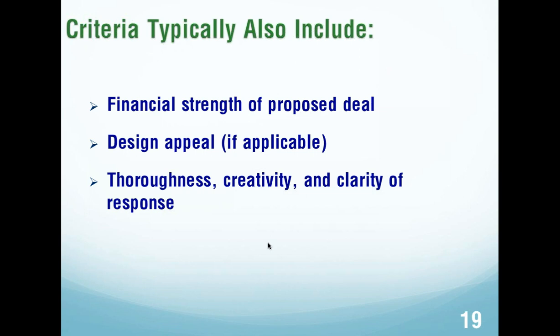So they did the 600-room hotel, and then 10, 15 years later, they were able to do a 1,000-room hotel. The market had matured enough, and they were a bigger deal by that time, so they could make the 1,000-room hotel work. And it was the same group that did the 600-room hotel, so they knew the community well at that point. So understand the financial strength of the proposed deal and be realistic about what you can and can't make happen in your community. You may have to do things in steps.